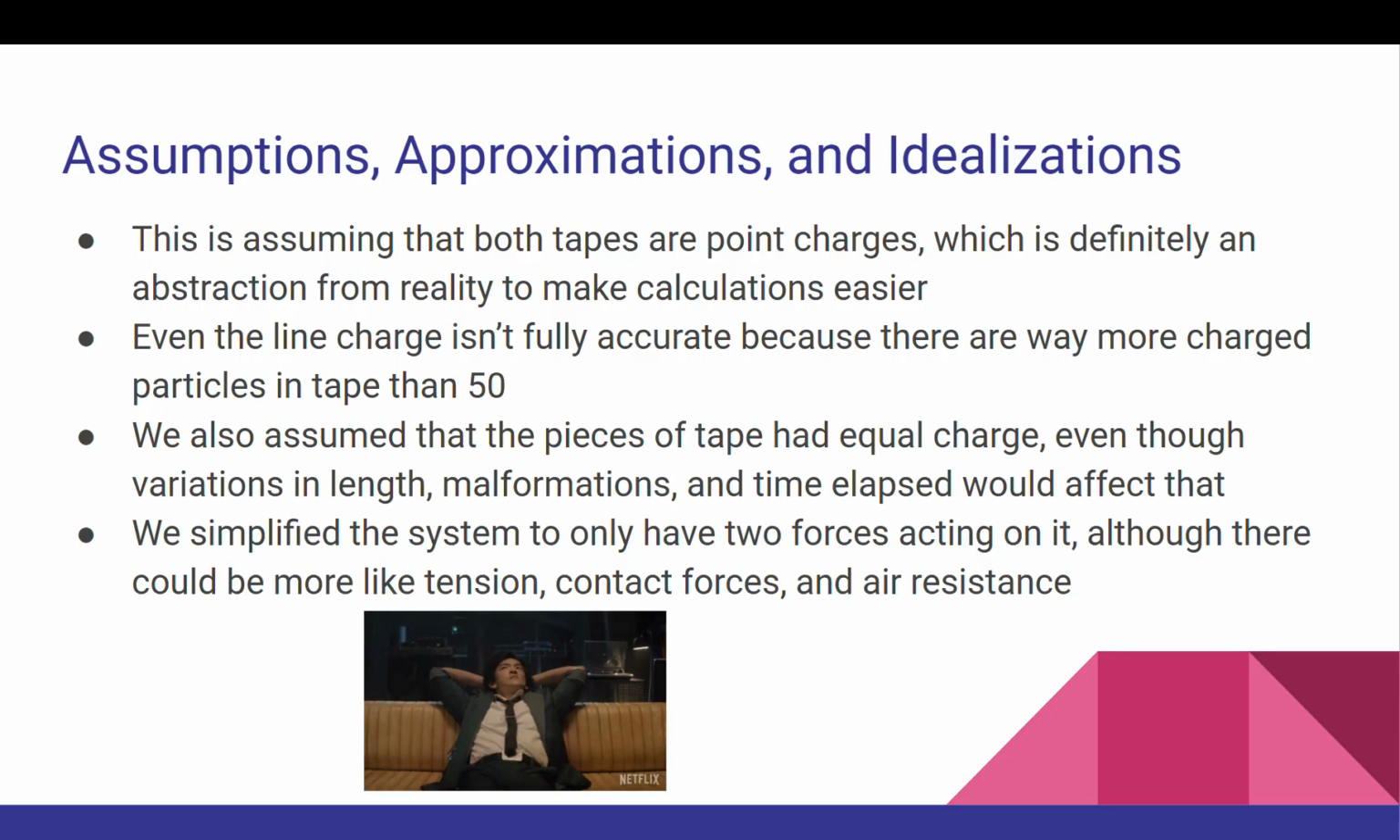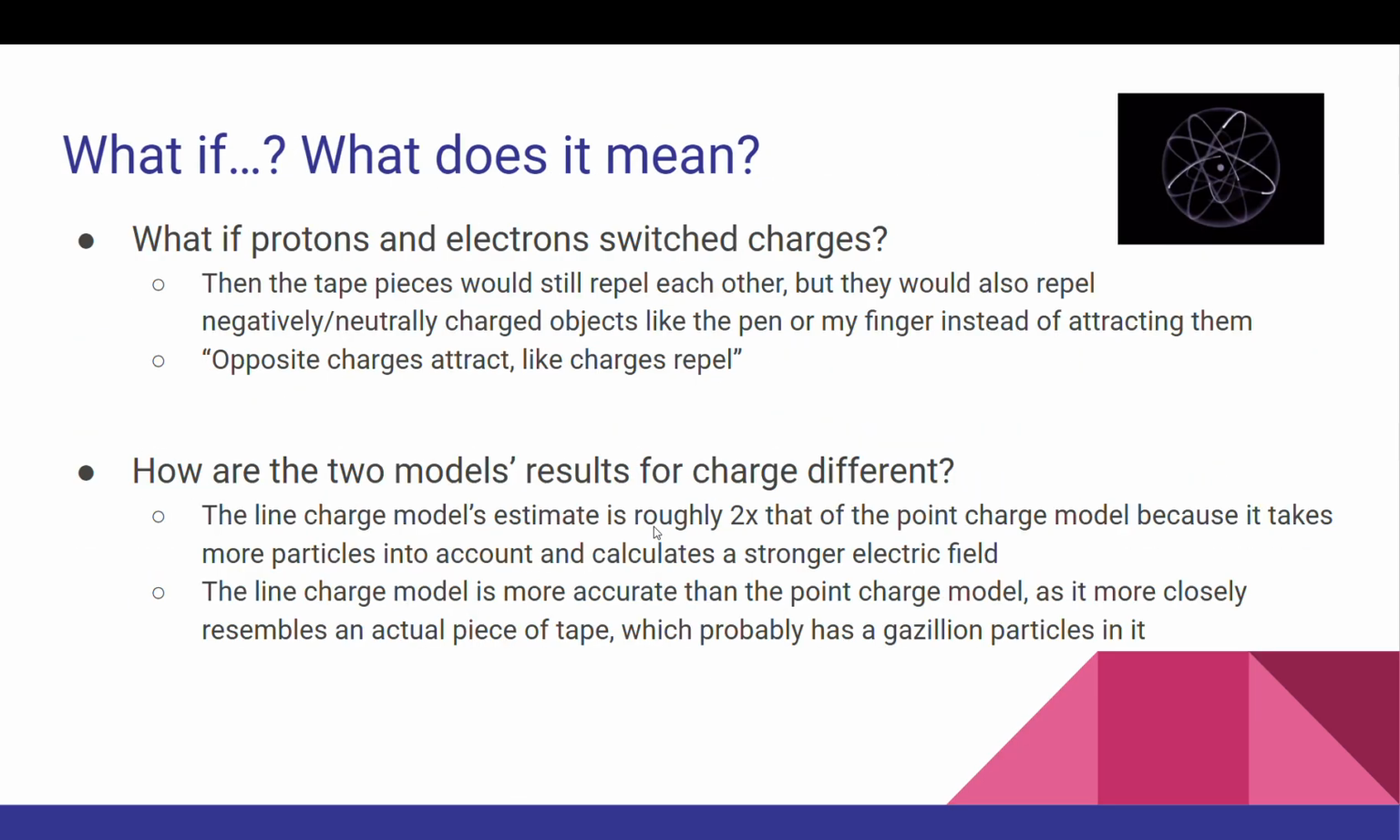We simplified the system to only have two forces acting on it, although there were many more than that, including air resistance, tension, and contact forces as a small list of examples. And here are some questions. What if protons and electrons switch their charges? In this case, the tape pieces would still repel each other, but they would also repel negatively or neutrally charged